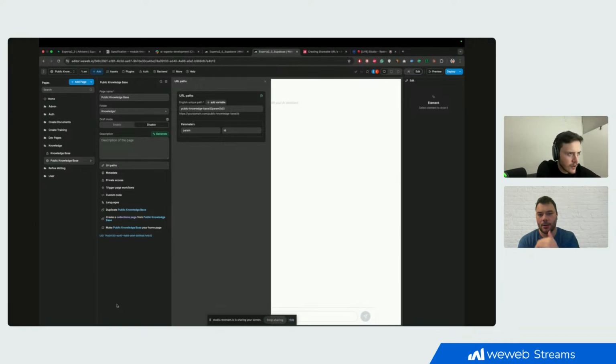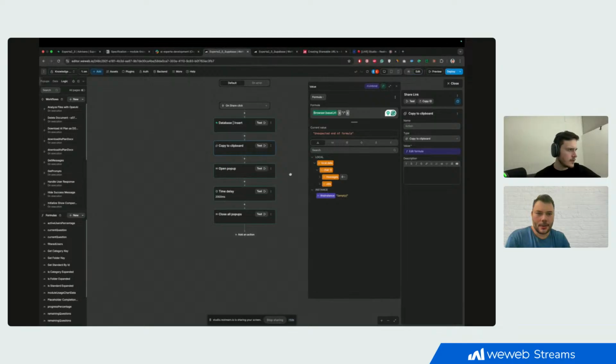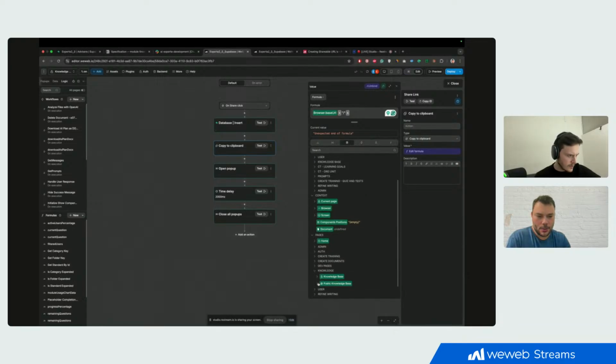So at the end of this URL, if you delete the dynamic stuff, so it's just public knowledge base, and delete the slash at the end. Cool. And you now go back to the workflow where we're setting up the URL. If here you open up the collections tab again, and scroll down to pages, and then find that page for the share, and copy the ID here,